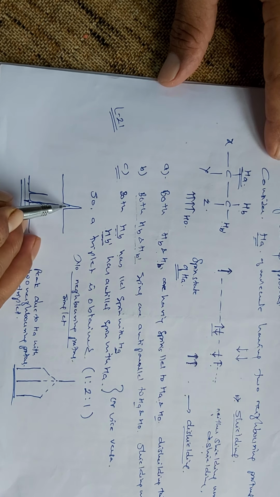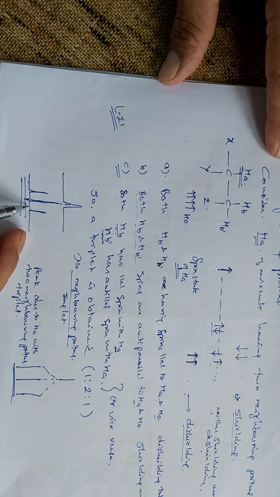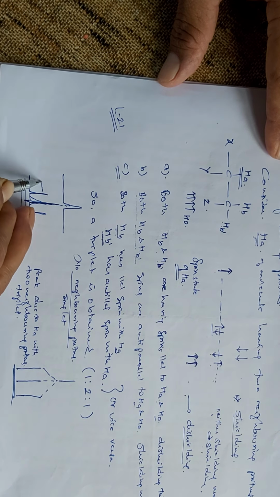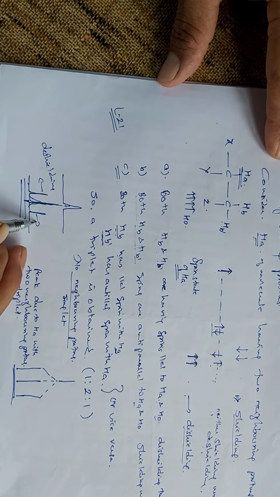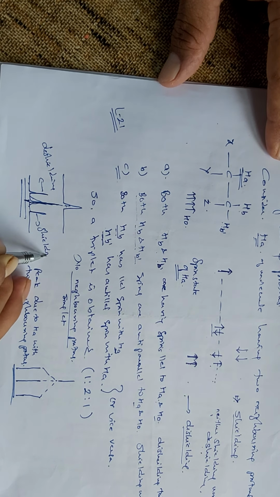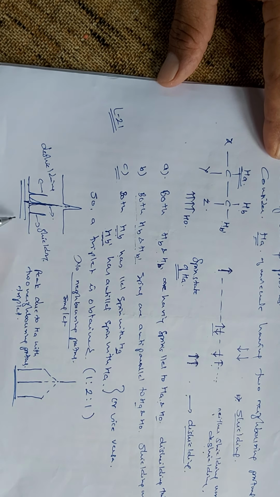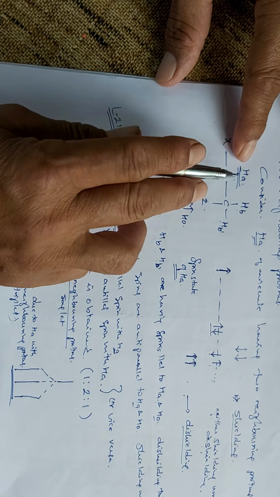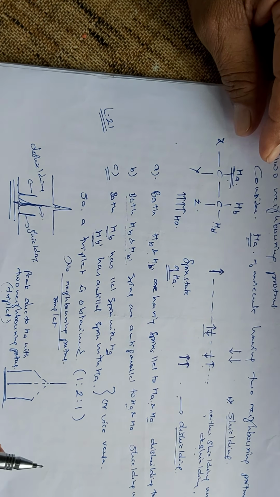Means the singlet, in a low resolution spectrophotometer, will be converted into three lines, that is a triplet. So here this is due to the de-shielding, and this signal is due to the shielding, or this splitting is due to the shielding effect, and here there is neither shielding nor de-shielding. And so here we are getting a triplet when there are two neighboring protons with HA. So in this situation we have studied that the splitting pattern can be described in this way thoroughly.